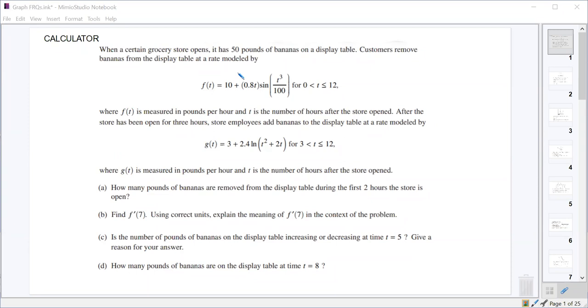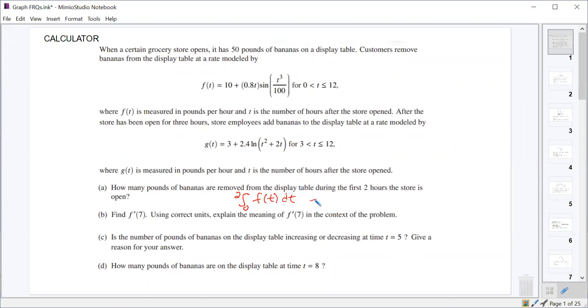And then it says 3 hours later, they start adding bananas back to the table at this other rate, from 3 to 12, also in pounds per hour. So first thing is part A: how many pounds of bananas are removed during the first 2 hours that the store is open? In order to figure that out, all you have to do is integrate from 0 to 2